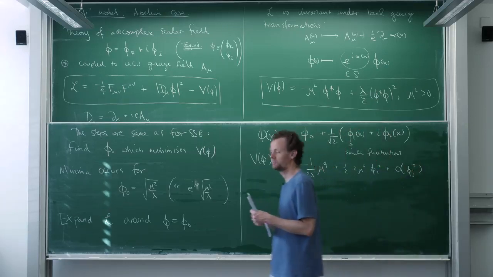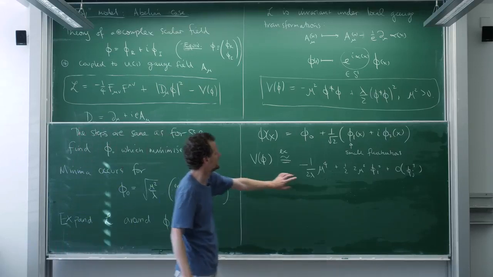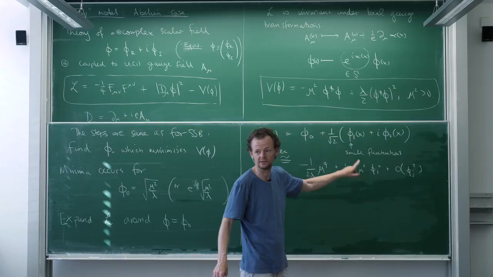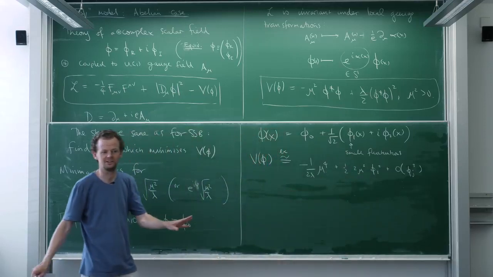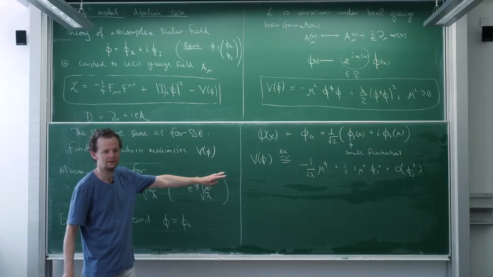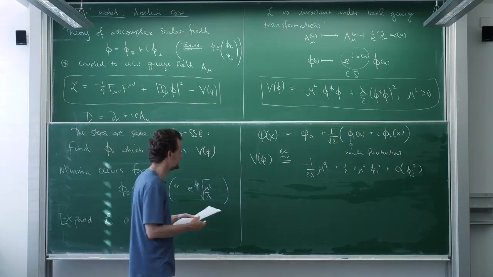And it turns out when you expand around the classical minima, the potential has this particular form here. In particular, there's no imaginary part. That cancels out. That's not surprising, actually. You wouldn't expect to see the imaginary part at order 1 because the potential is real and is part of an absolute value.